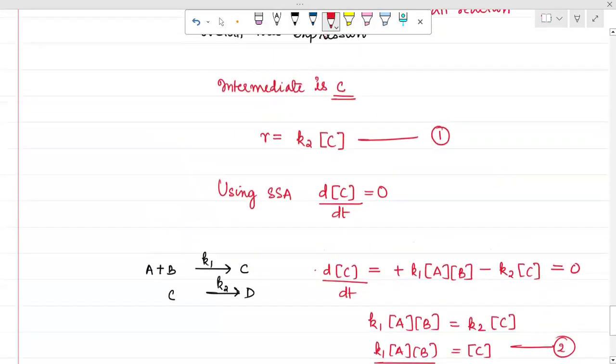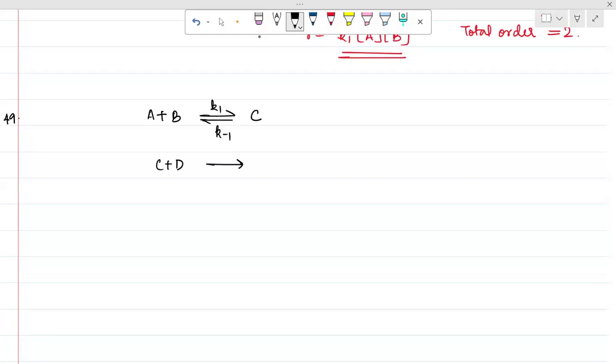Once again, one more question. 49. The question is A plus B in equilibrium gives C, with K1 and K inverse, and C plus D gives P, and this happens with K2 rate constant. Question A is to find the overall rate expression. B is to find the order